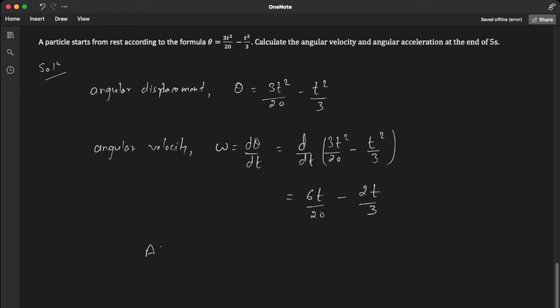So at t is equal to 5 seconds, what will be the value of omega? 6 into 5 by 20 minus 2 into 5 by 3. 6 5s are 30, 30 by 20 is 1.5, minus 2 5s are 10, 10 by 3 is 3.33. So this comes to be a negative value, minus 1.833 radian